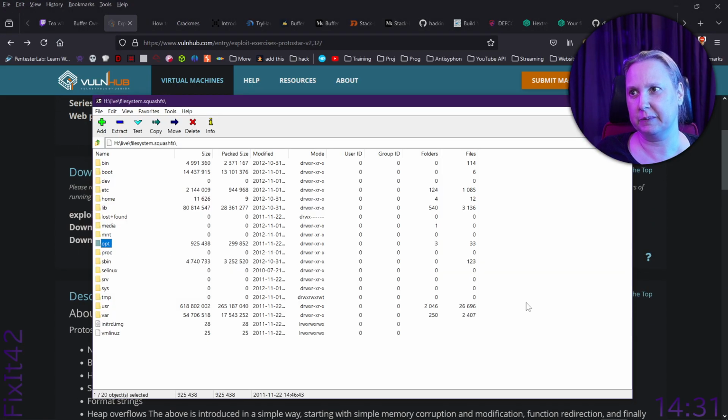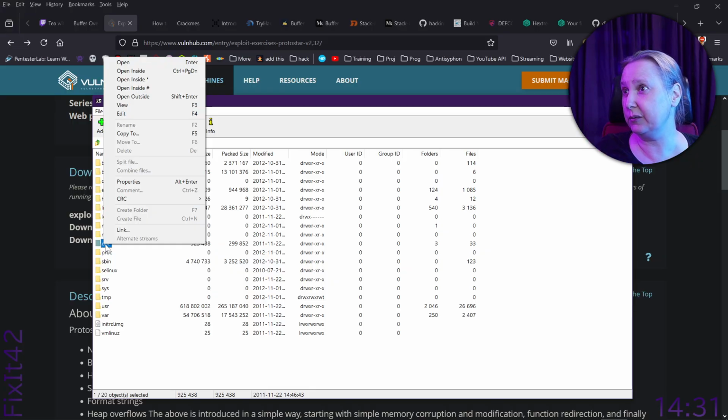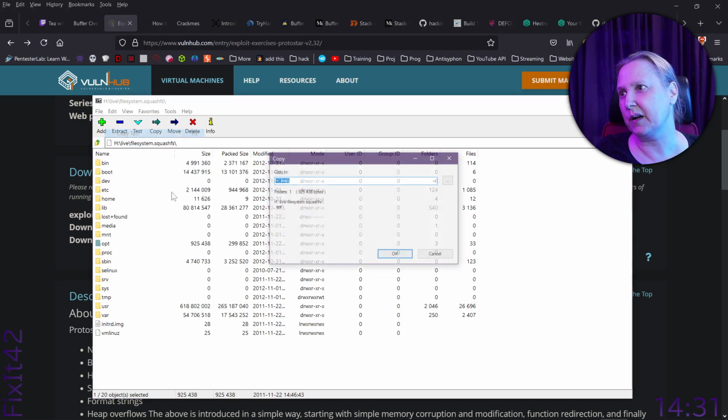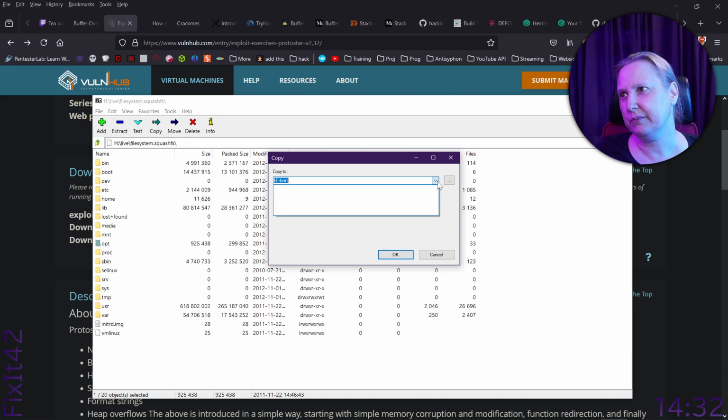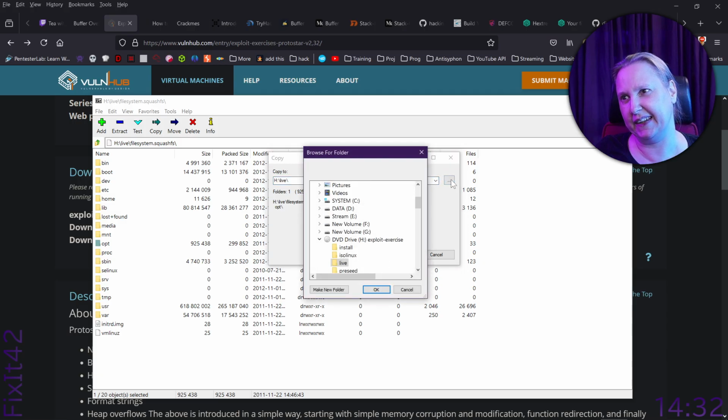Let's get the files. Very simple. Let's extract this directory. I usually just extract the whole thing. Copy to maybe. Why does it want H? Oh, we're on H. We don't want H.